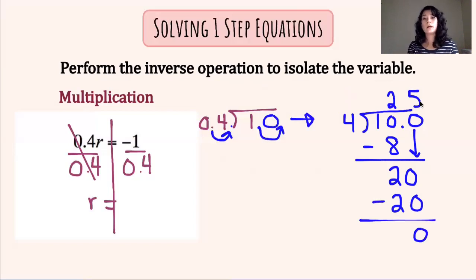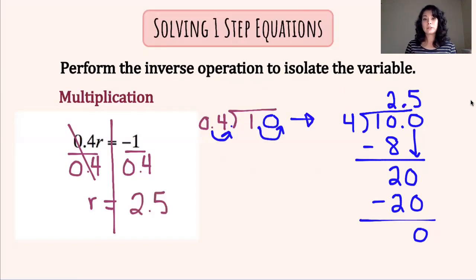To figure out where my decimal point goes in my final answer, all I do is take the decimal point in my dividend, and I just bring it straight up into my quotient. So you're just bringing it straight up. So I get 2.5